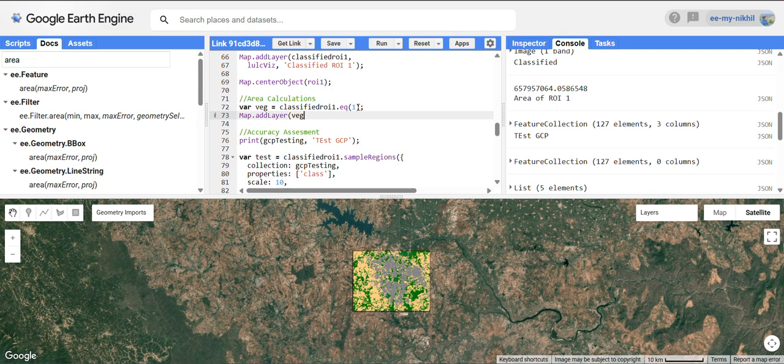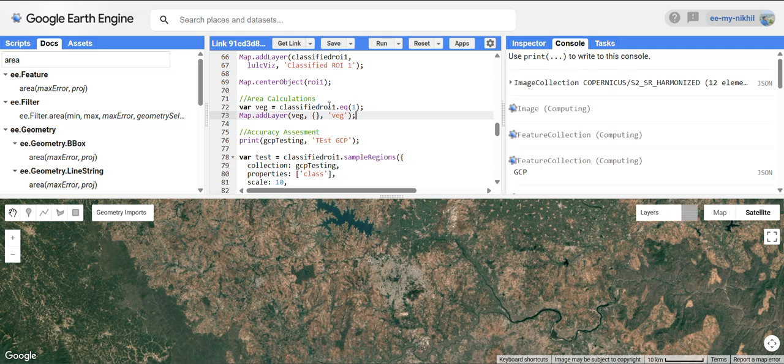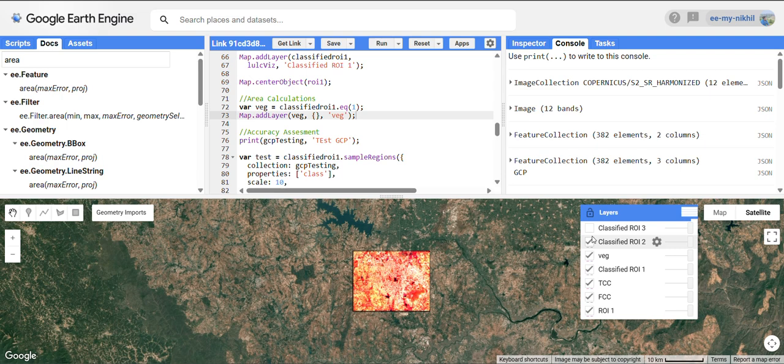So you can leave the visualization for default and rename it as vegetation, close it, run it. So what you should get is a binary image. So whatever we will get, all the values which have the pixel value of 1 will be our vegetation. So as of now, you just uncheck all of this,